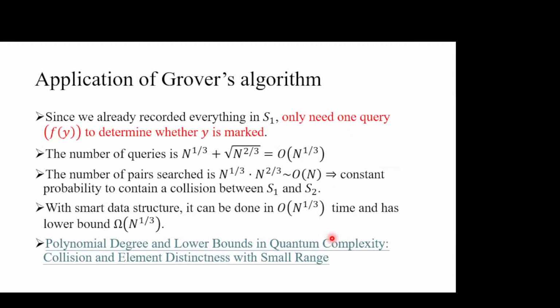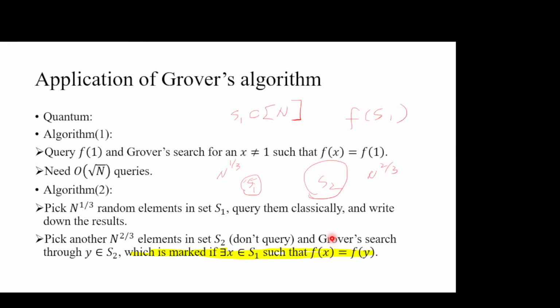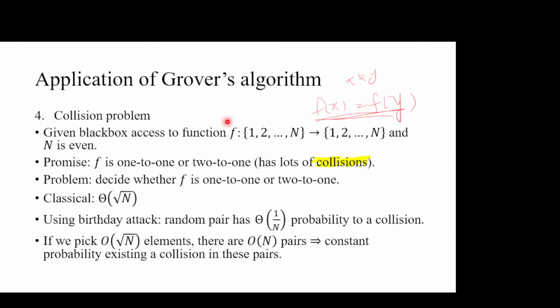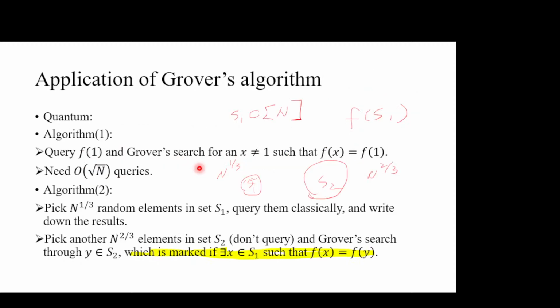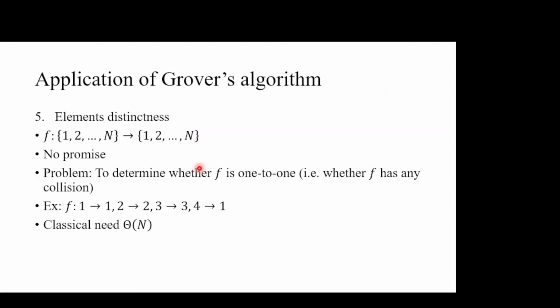So that's the collision problem. I guess we have 5 minutes left, so we don't have time to go through the next algorithm, but it's fun to see different problems. The collision problem tries to determine whether there is a collision with a pretty strong promise, where the function is either 1 to 1 or 2 to 1. We can also do this problem without the promise, and that's the element distinctness problem. So we still have a similar input, f is